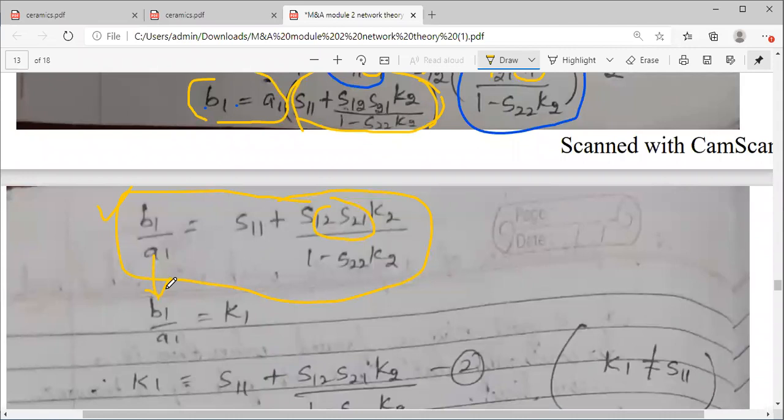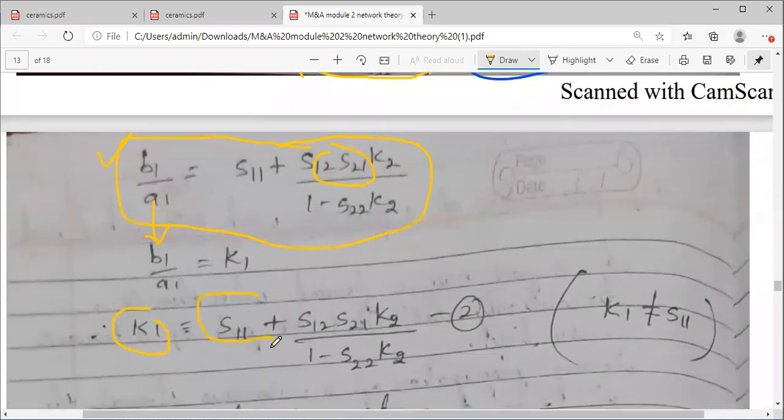Reflection coefficient at the first port. So replace that with either tau or K. So K1 is equal to S11 plus something. Ideally, what should I get? S11 should be equal to B1 by A1. S11, which is the reflection coefficient B1 by A1, is nothing but K1. Ideally I should get this much under perfectly matched condition, when you take A2 equal to 0, a perfectly matched load.